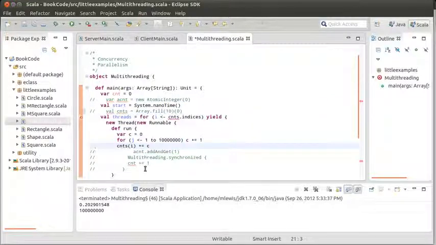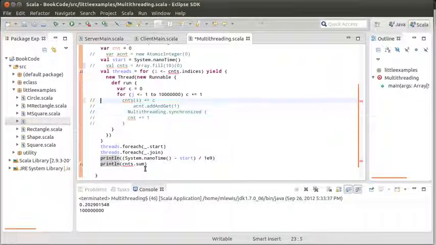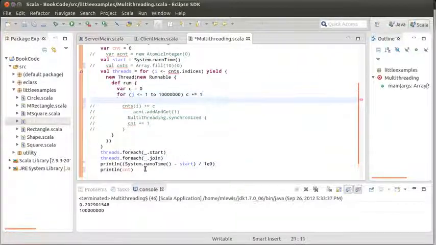let's look at one other way that I could do this. Cut out that, and I am just going to output count. And once again, well, how do I do the counts? This is not safe. I can't just do count plus equals C, because the other threads could interfere with that. Let's go back to, well, actually, I guess I can uncomment that, just not use it. But I could synchronize this. I could say multithreading dot synchronized